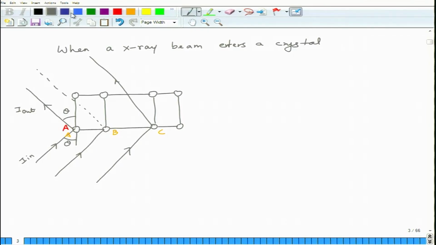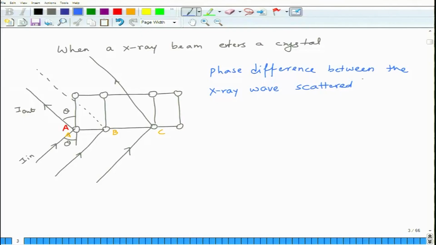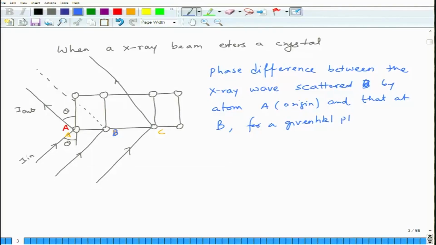So, now I write the phase difference between the X-ray wave scattered by, because atoms will scatter, right, scattered by atom B, which is sitting here, and that scattered by atom A at the origin, and that at B, which is another position. For a given HKL reflection, for a given HKL plane, this phase difference is 2 pi (HU plus KV plus